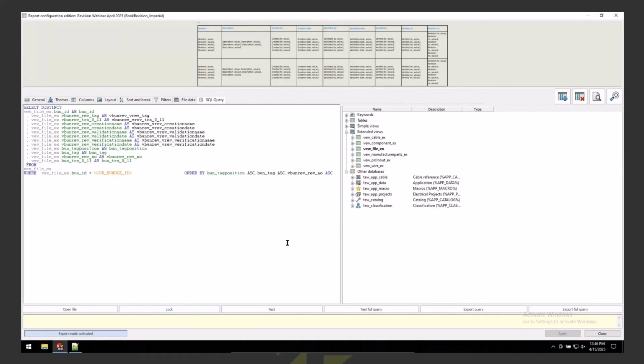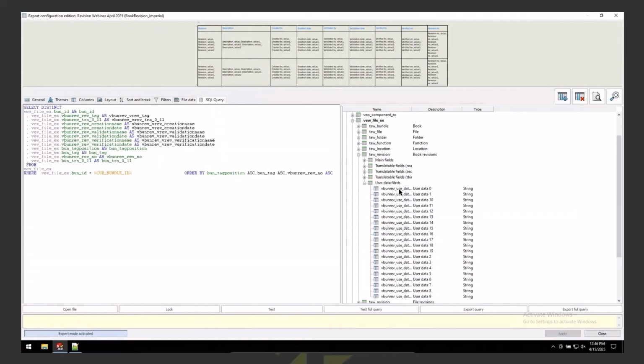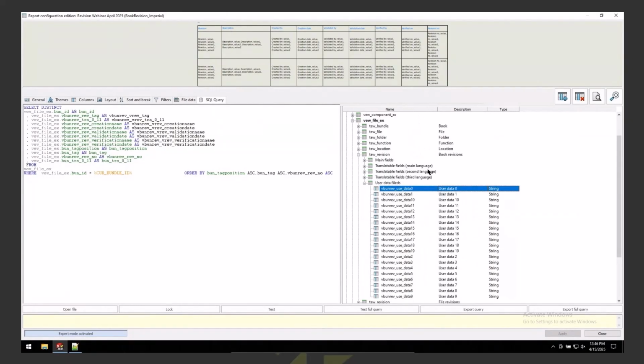So it's now in an editing stage. And then I'm going to drill down into this one that's already bold, down to the book level information. So book revision, user data fields, and then I'm going to grab that field right there. So the first user data field. So it's called user data 1, but it's the first one in the list there. Okay, so rev of book, user data fields. So I double click on that, and that double click, what that does is it copies it in as a line in here. So that's the variable it's pulling from the table, and then you can say, okay, what is it? So I'm going to call this book